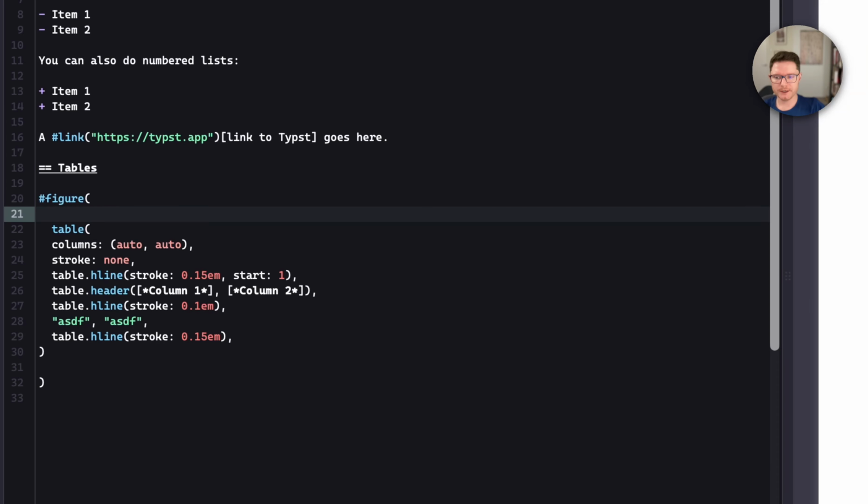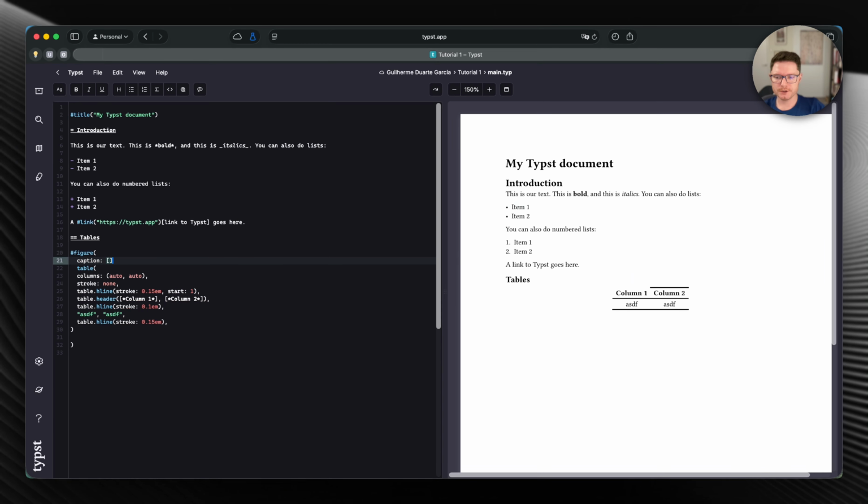It's kind of embedded. And here we can do caption, and the caption will be, I don't know, my Typst table, something like that. So you can see that even though we used hashtag figure, inside that function, there's a table function, and therefore the function itself has realized that we're talking about a table and not a figure. So it automatically detects the type of object that you have inside. You can obviously overwrite it, but we don't have to here because it's already correct. So this is just to give you a sense of how to create an object for a table.